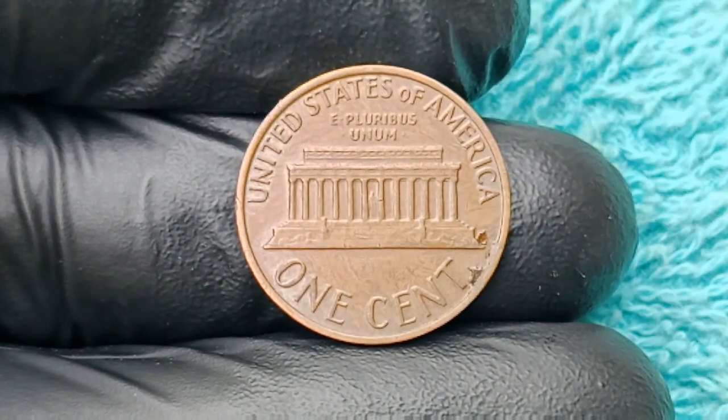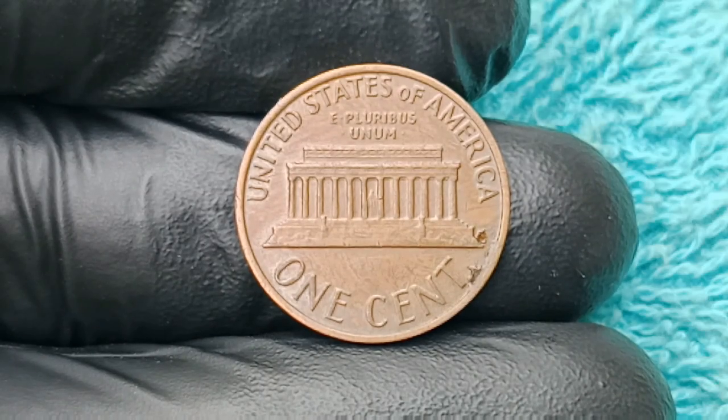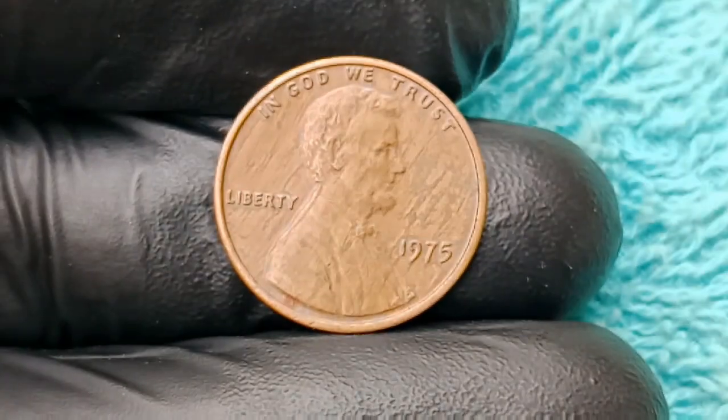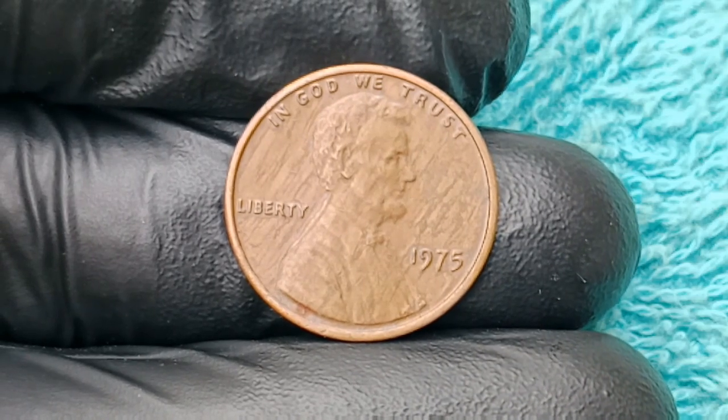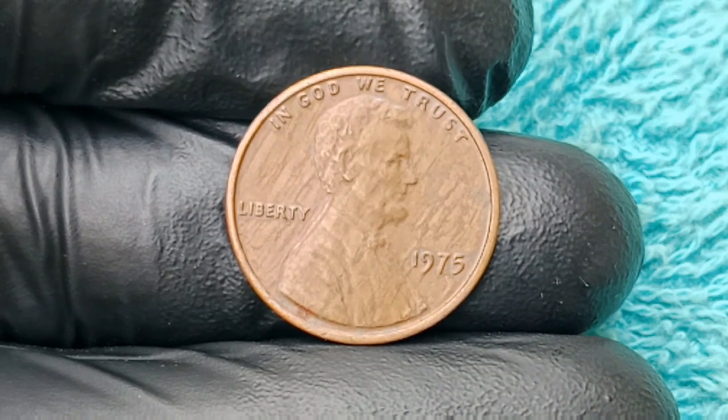And yet here we are, dissecting the incredible truth behind how a coin that should have been tossed in a piggy bank or lost in a couch cushion ended up redefining the very concept of what a penny can be worth. And to truly understand why the 1975 1 cent is now worth $230 million, you need to go back